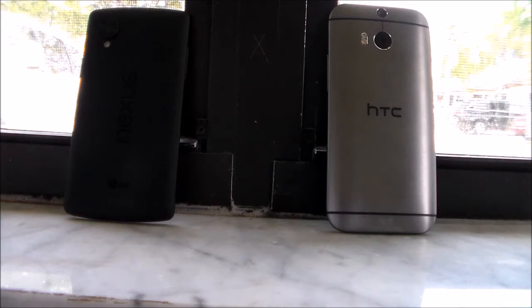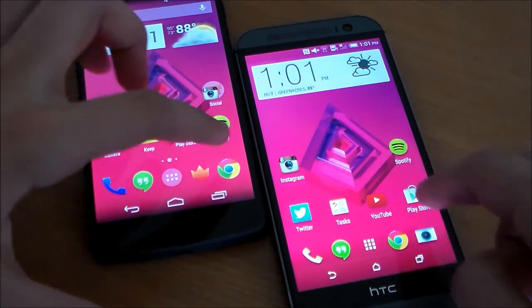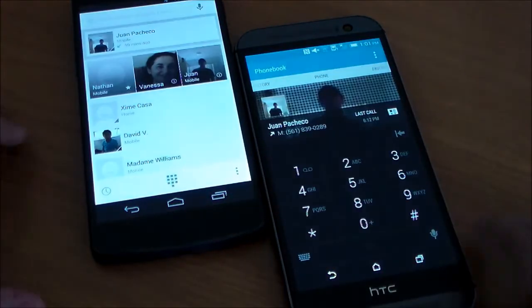Now, both of these devices are beasts on paper, and they both perform really nicely, but we'll get to that later in this comparison. However, right now, they perform really nicely on paper, and are really smooth and fast. On the software side, however, you'll see that each device has great software, but we'll get to that in a second. But when we talk about the displays, they're both 5 inches with a resolution of 1080p, but HTC's panel